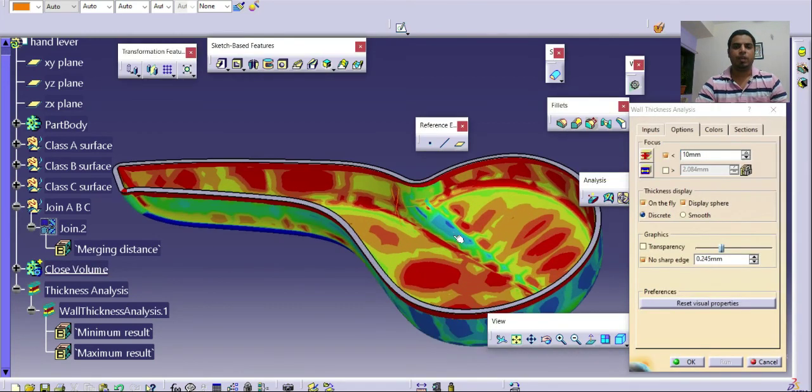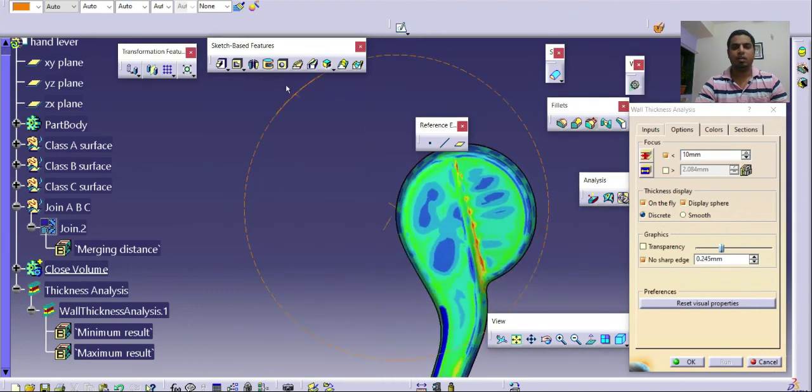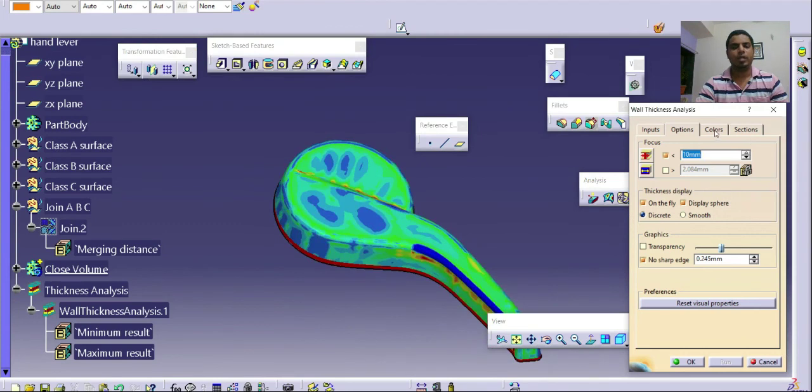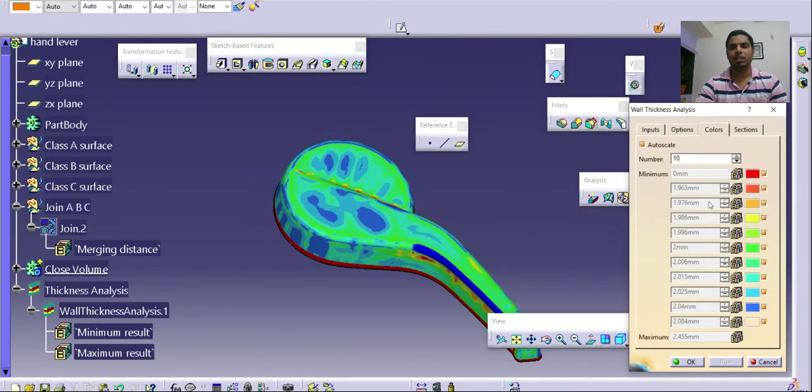Okay. So we can observe that these are our color contours, and by going into this colors tab we can check what value each color will indicate. It is ranging from 1.963 to somewhere around 2.08.